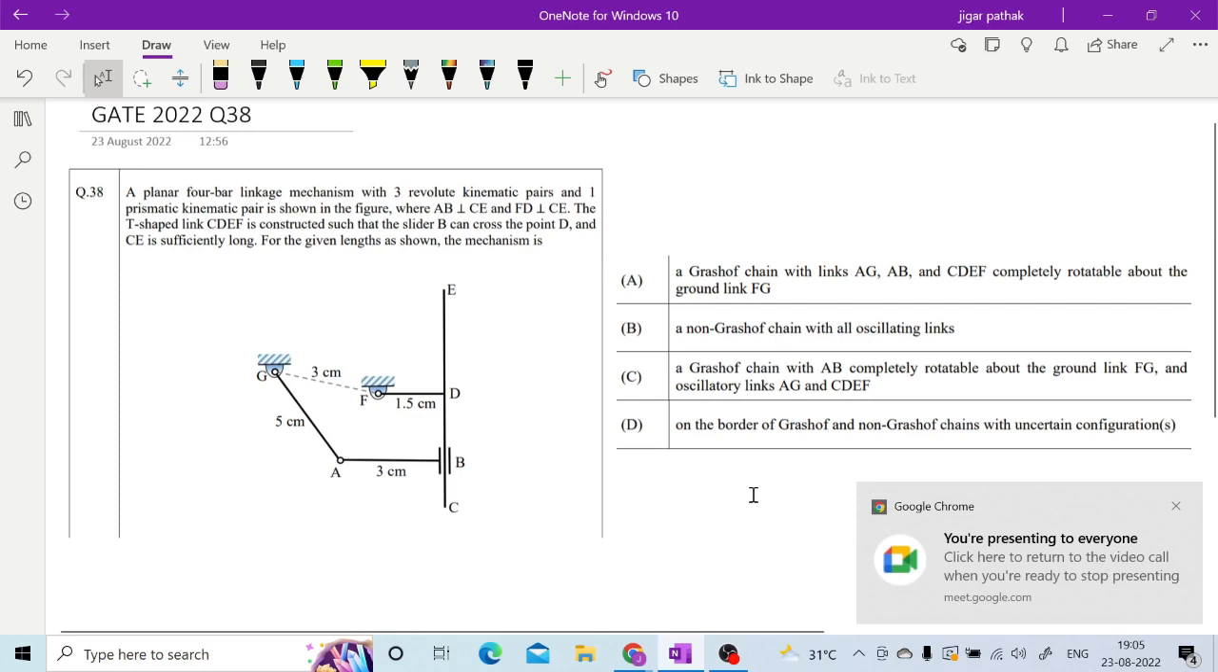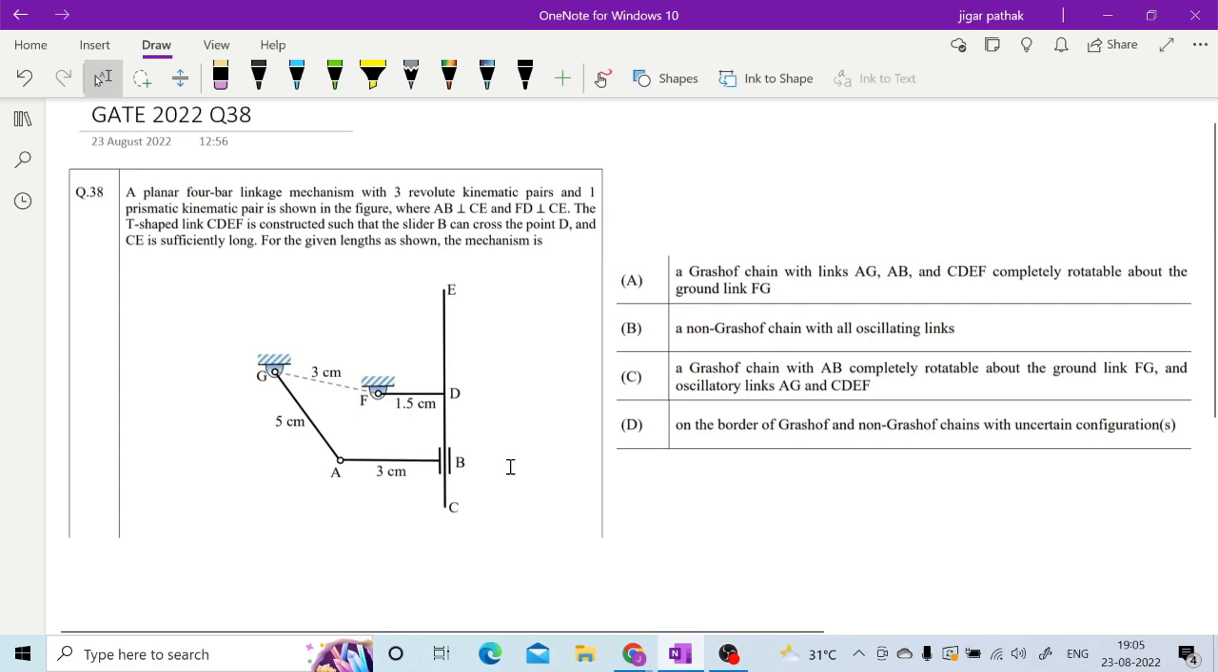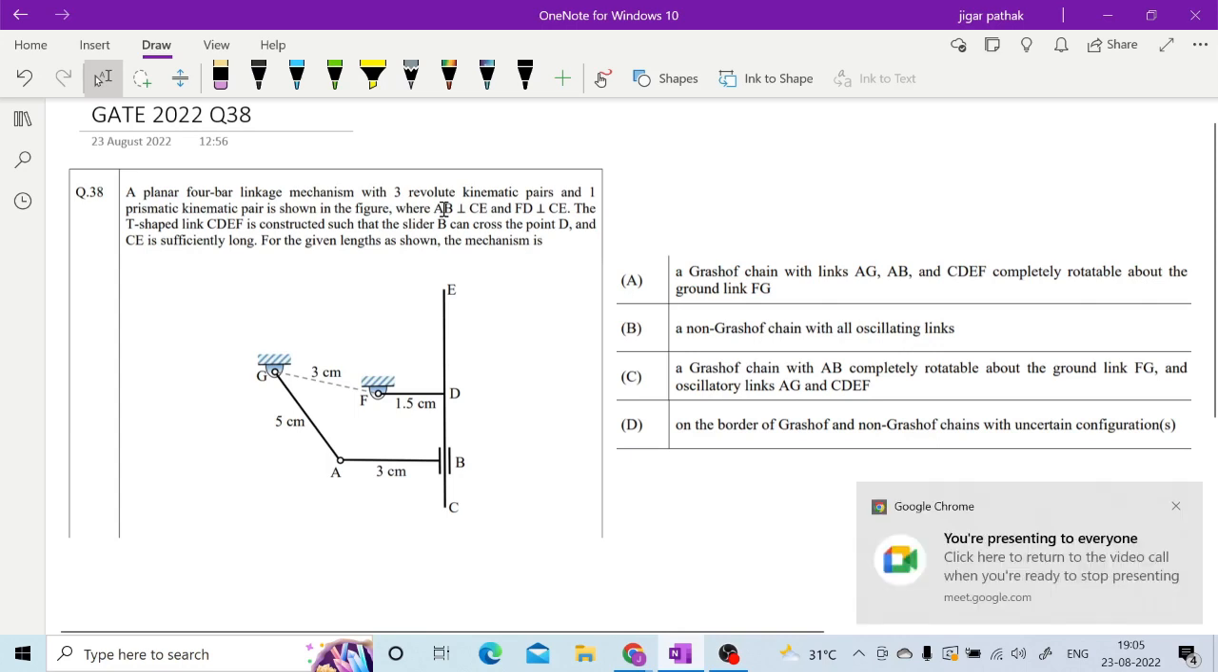The question is from GATE 2022, question number 38. I have not mentioned the session; I guess session 2 was there. So basically what the question says is a planar 4-bar linkage mechanism with 3 revolute kinematic pairs and 1 prismatic kinematic pair